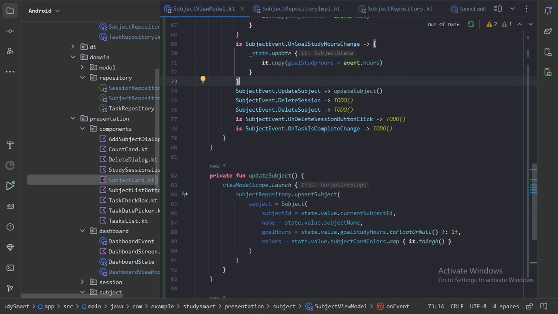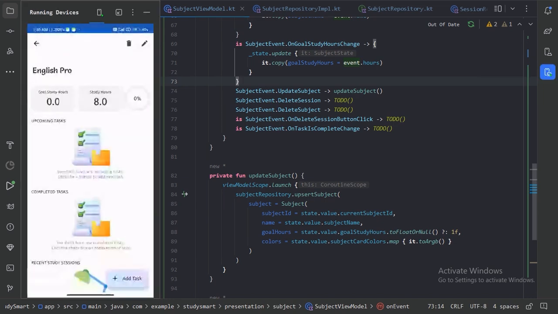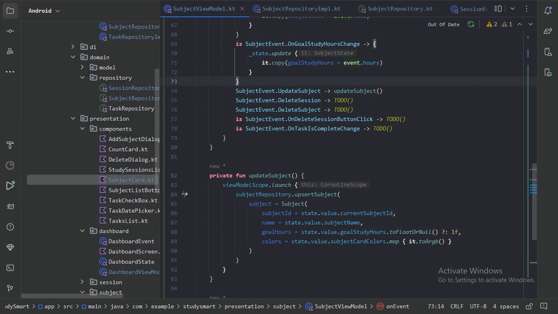And next functionality we need to provide is the snack bar. Let's open our app. So when user will update the subject, it should also notify the user through the snack bar that the subject has been updated. So let's minimize this. So here again we will use exactly same code which we implemented in the dashboard view model. So let's go to our dashboard view model